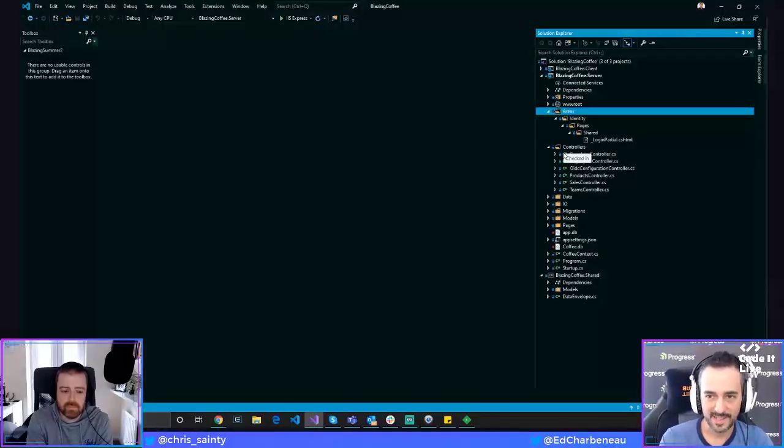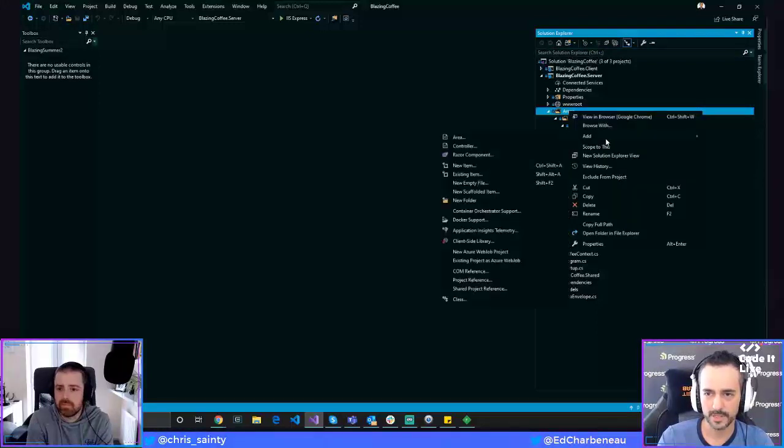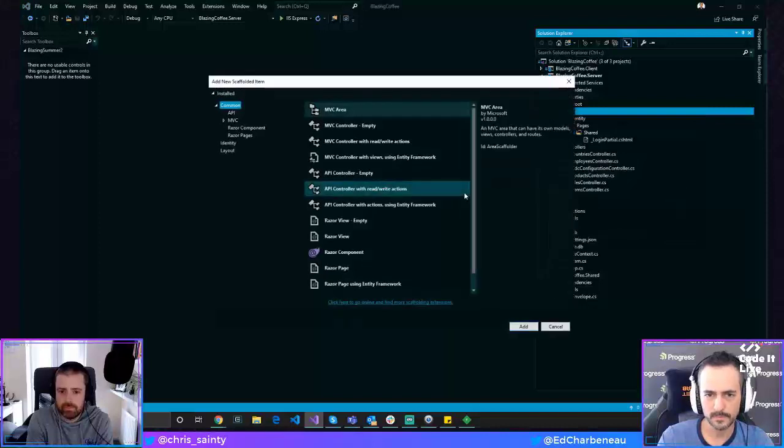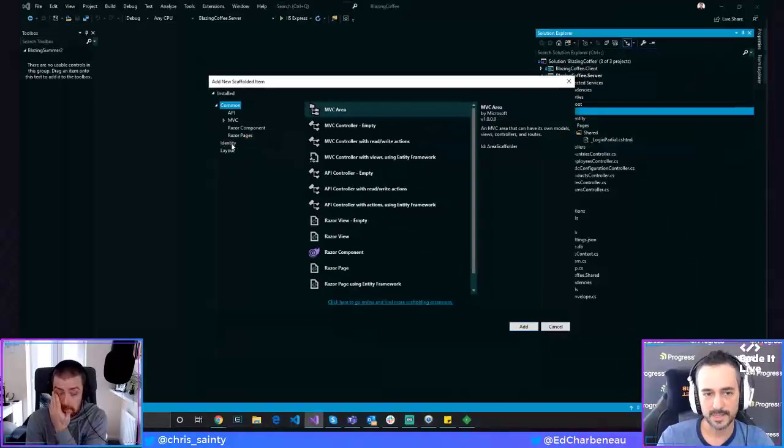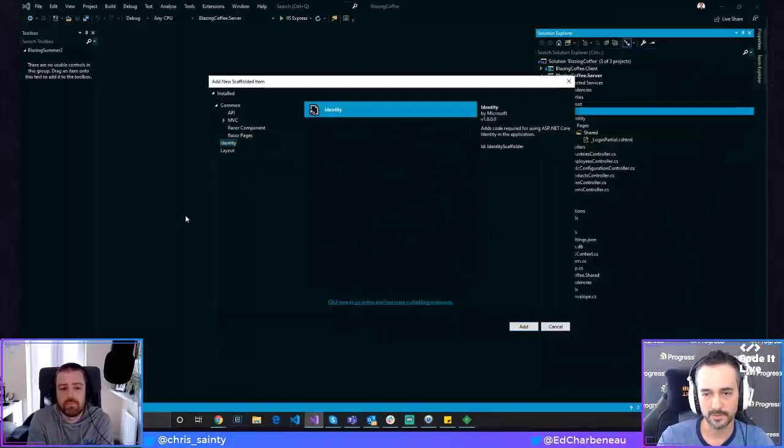So if you want to see these and modify these, what you need to do is go into your application. Let's see if I can find it the first time the right way. And we're going to, let's see, new scaffolded item. There we go. If I scroll through new scaffolded item here, you'll see on the left-hand side, we have identity. So this is the scaffolding tool for identity that's going to reveal all of those views that are available in the